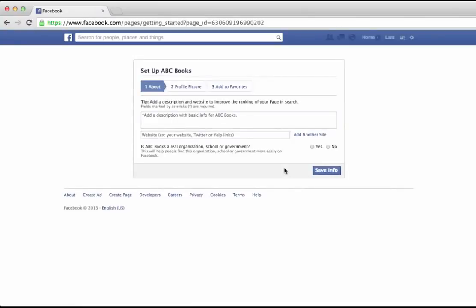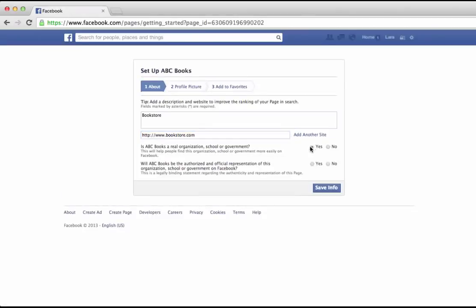Then it's going to load you up to a page that asks for more information. So this is where this description box, that's where you need to really put in some information about what you do. Since this is just a test page, I'm just going to write bookstore, but that's an opportunity for you to put in a really good description of your business and include the keywords that you would want to use for people to find your business. Then you're going to put in your URL, bookstore.com,